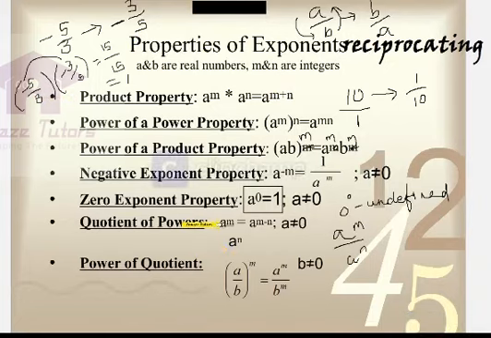Okay, now we are going to do some practice. Product of powers. Now, you can answer these questions, I suppose. How many factors of x are in the product? X power 3 and x power 2. Obviously, here x times x times x, here x times x. How many factors? Obviously, 5 factors. You can see the answer here in the box. 5 factors. X times x times x times x times x.